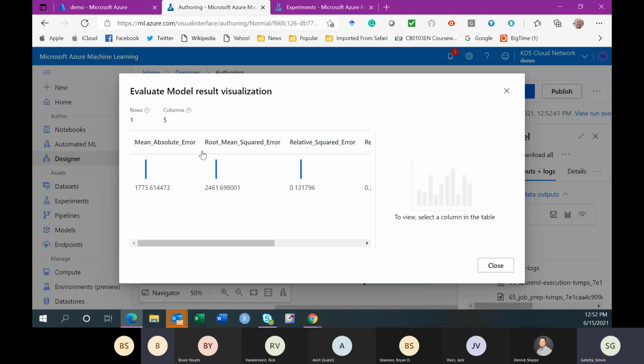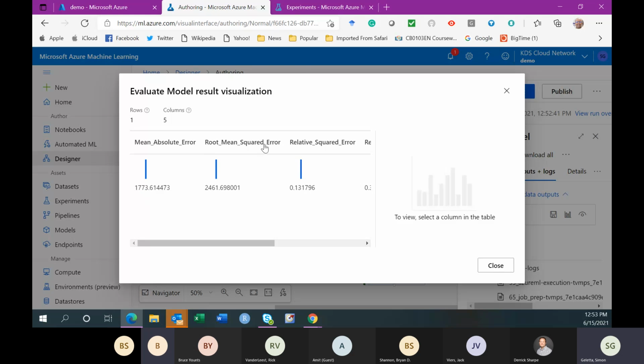Those are the measures used to evaluate prediction. Mean absolute error is 1,773.61. Basically, what that means is that in overall total absolute terms, we did not hit the exact amount. It can be quantified using this number.